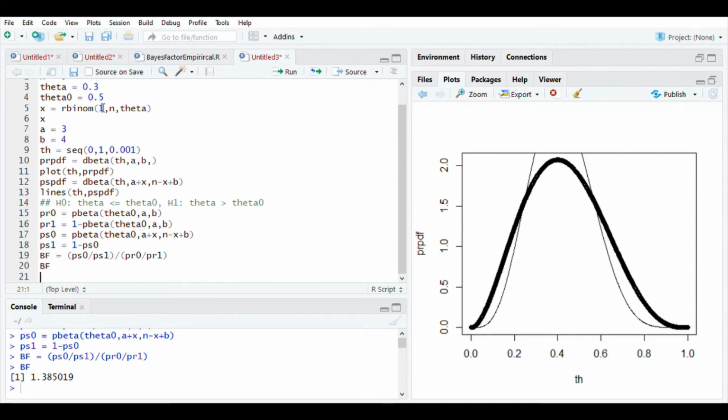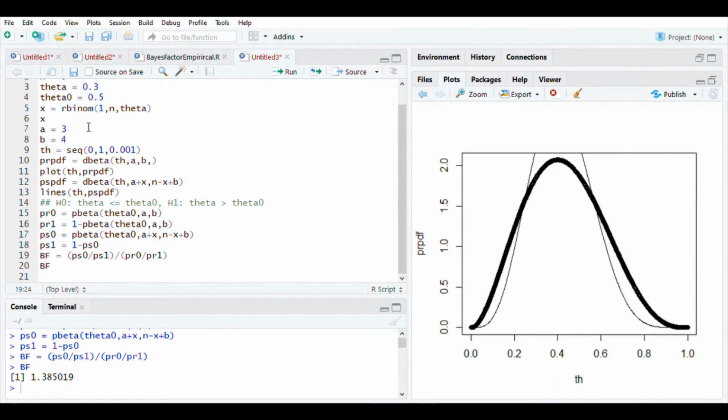So as I have told you before, even if you say that you are not going to reject H naught if the Bayes factor is greater than 1, that is fine. 1 is also a very common cutoff for the Bayes factor. So either 1 or 3 you can use. It will be okay. But here, if you follow the cutoff as 3, you are still rejecting the null hypothesis. That is because of the difference between theta and theta naught, and also the sample size being only 1, and so we got X is equal to 2.